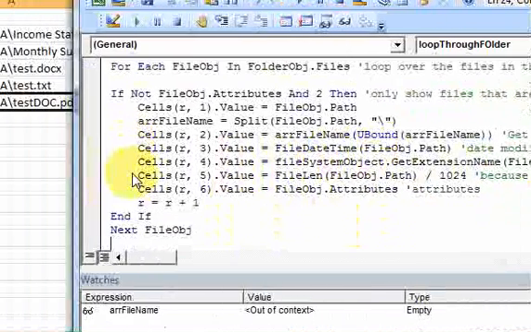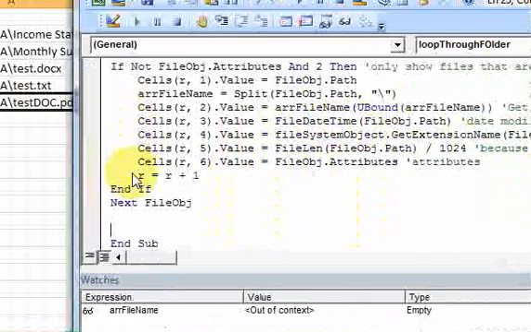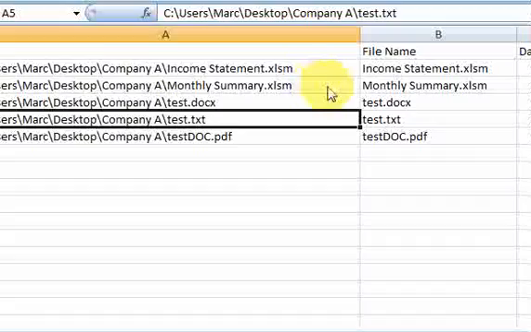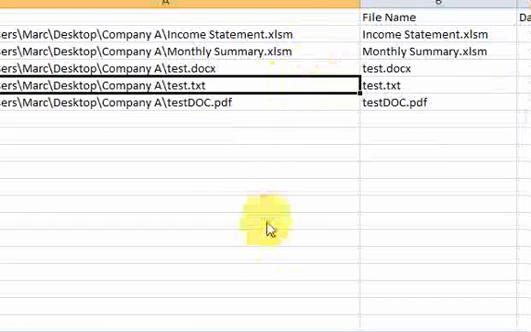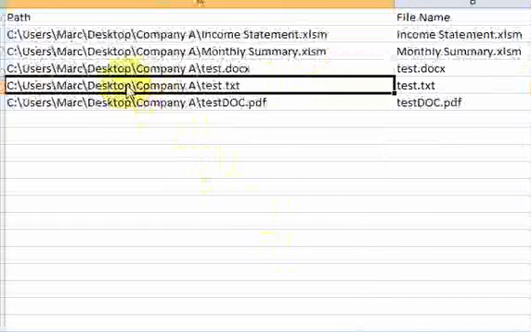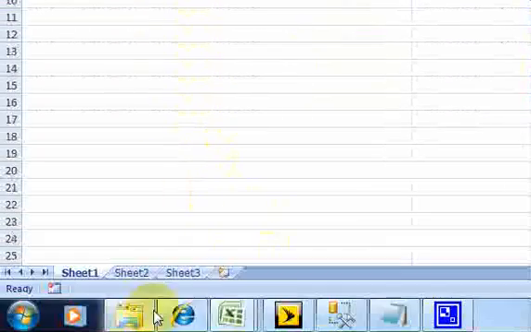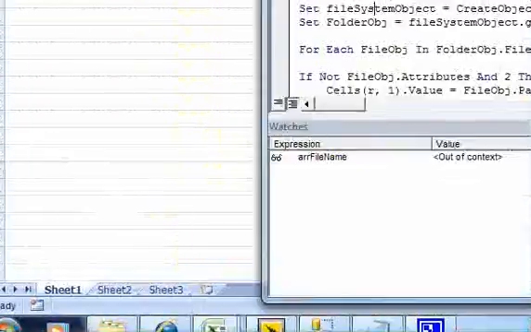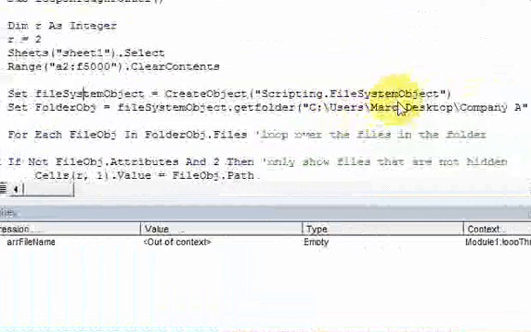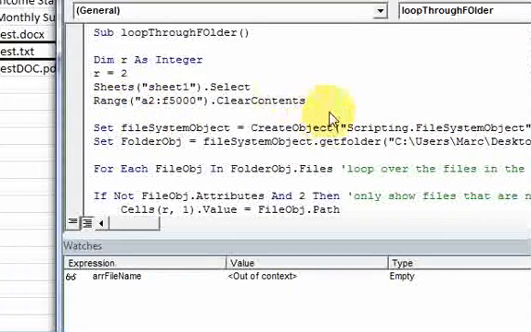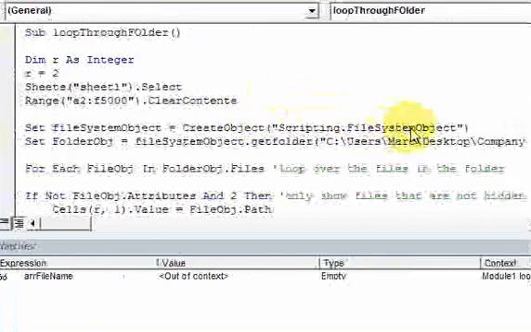Okay, so that's everything for this video. Again, this is a pretty useful function if you ever need to find out what's in a folder. And if you're more ambitious, if you had multiple folders, well then how would you deal with that? Let me just sum that up. I would create an array that would hold multiple folders, the names of those multiple folders, and then you could